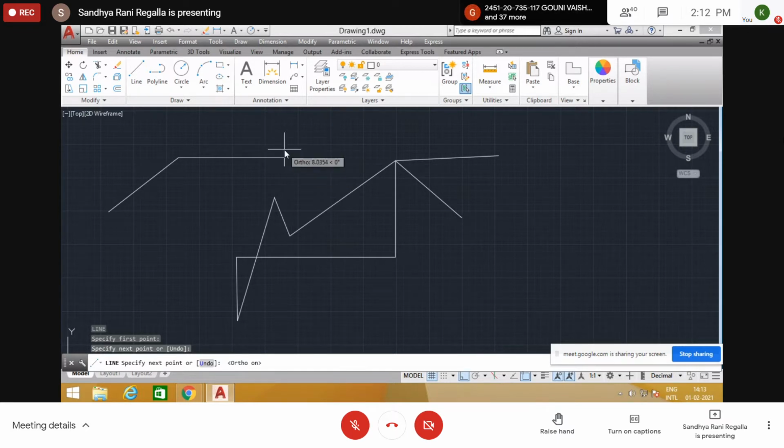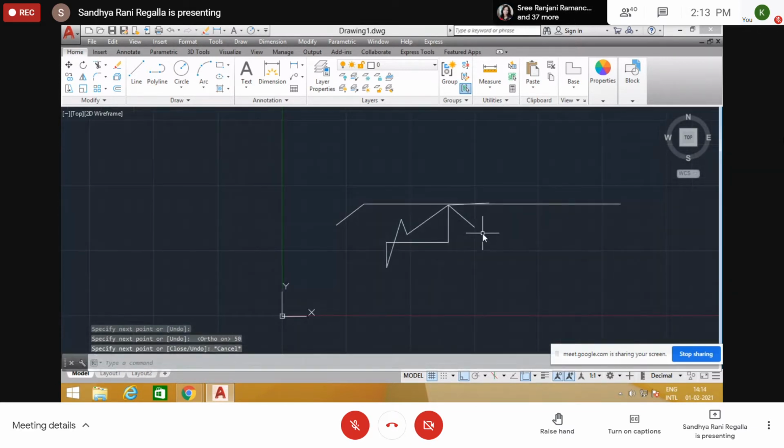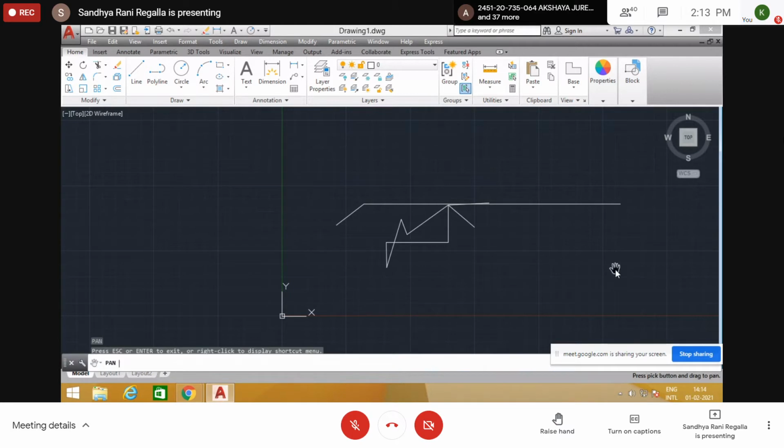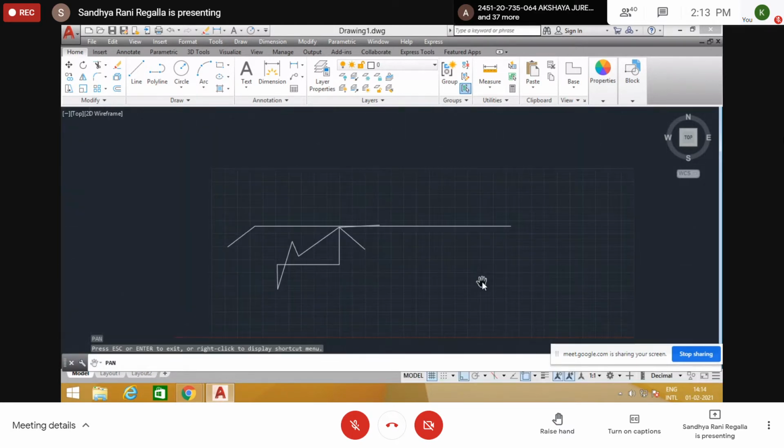Suppose you want to draw 50 units of line. I show the direction this way, from this corner towards the right, where I need to draw a line of 50. Show the direction with the cursor here and simply type 50. See the command prompt at the bottom, here 50 is there. Enter. So we get a 50 mm line, from here to here. If we type the size, we get the 50 mm line.